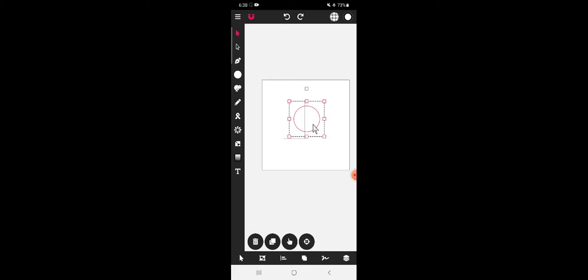So first we will select the circle, then tap on the select multiple option, and now select the rectangle. Because of this, the circle will be cropped by the rectangle, and at the same time the rectangle will vanish. After selecting these two shapes, go to this option and tap on subtract.